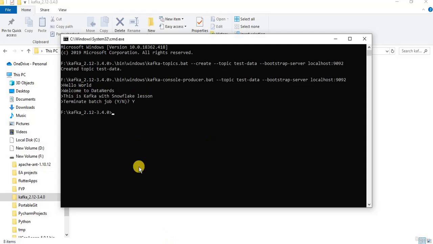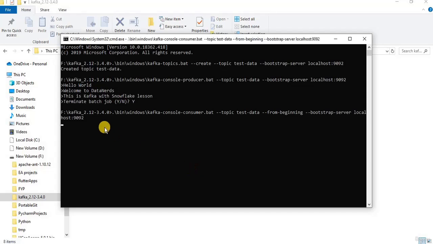And then finally, we will read the contents of the topic. For that, I am going to again copy the above statement, and now instead of console producer, I am going to use console consumer, and here I will insert a from-beginning flag to read the data from the beginning. All the data in the topic will be